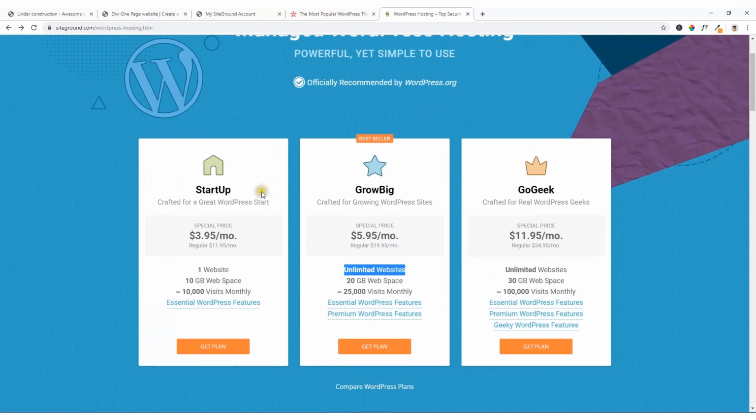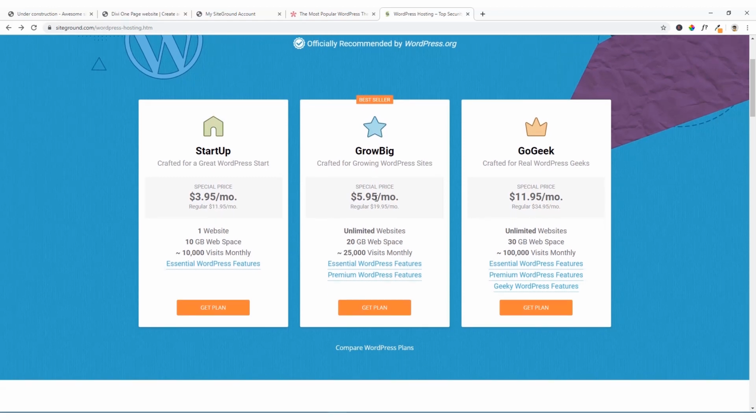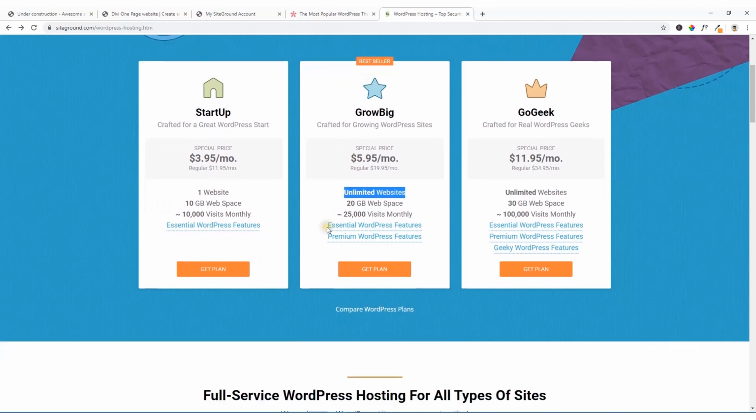Okay, today you want to create a website, but after a few months, if you need any more websites to build, then you won't have to purchase any new hosting account. You can host unlimited websites here. So I'm going to show you how to get this. Just click on this button, get plan,